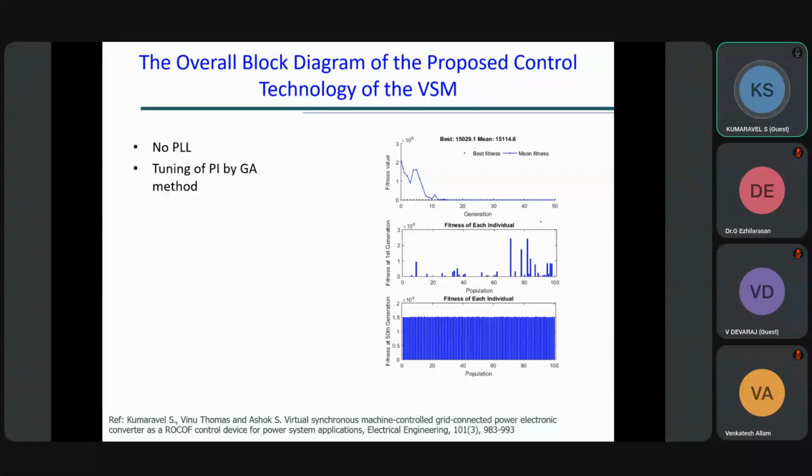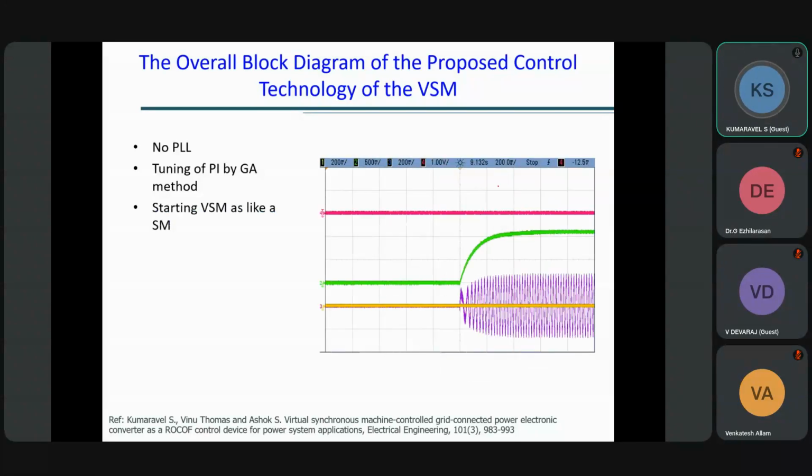We have done an excellent work. And here you can see after tuning, the machine is performing very nicely with lesser oscillation. Comparing the conventional PI and the genetic algorithm tuned PI, the genetic algorithm tuned PI gives a better performance in terms of lesser overshoot, lesser settling time and lesser oscillation. All these parameters we have measured.